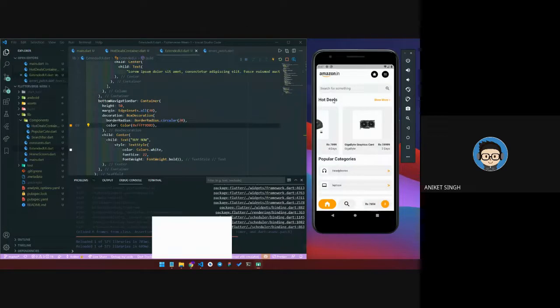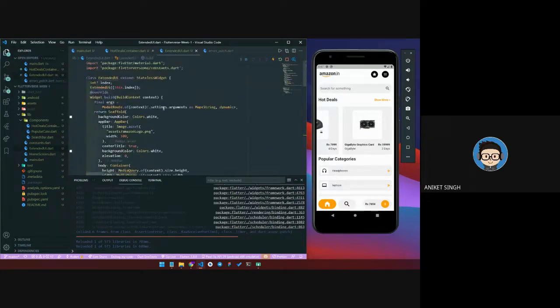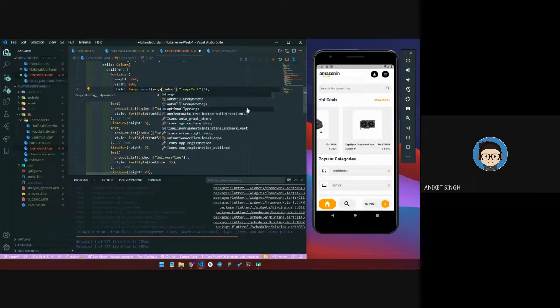Now let's see. There was an error that we were not able to pass the variable. So the error should be gone now, because let's use this named navigator, and then let's comment this constructor. We have arguments. So in arguments you want the index. So what I could do here is type args, arguments, and then the index, and when I refresh it, I have to do this for every